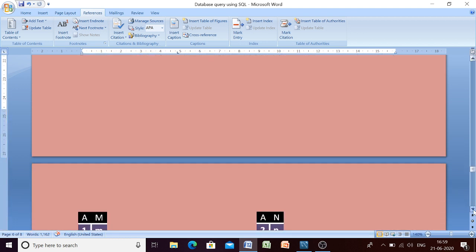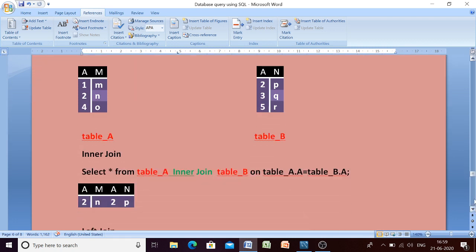Okay, beta. So let us see what we are getting using inner join, left outer join, right outer join, and Cartesian product. Here, beta, we are having 2 tables. The common column is A. One column must be common when we are performing join operations. So when we perform inner join, beta, what will it give us? It gives us the matching record. We just have to find, for the column A, which one is the matching record. The matching record is 2.